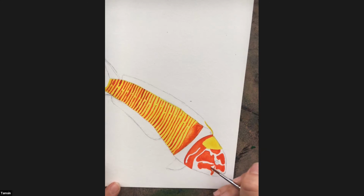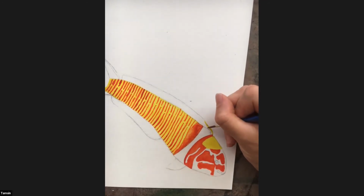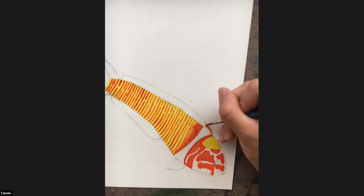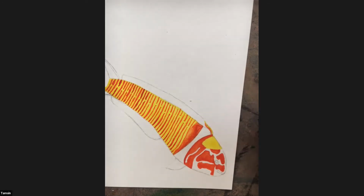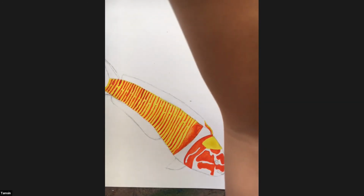I think I started off being quite careful, but then I started making it up. Okay, and I'm just going to take a tiny bit of orange and paint a line there. Okay, so